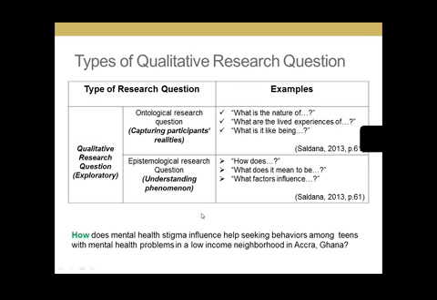So look at it this way. If you as a researcher want the participant to tell you what they have experienced and you communicate that experience to us, then it's more ontological, right? You are capturing something that they have experienced and presenting it to us. You are not doing anything to it. You are analyzing and presenting to us. But when you want to go beyond just presenting and understand maybe a causal relationship, or what is going on, maybe factors that influence their behavior, then it's more of an epistemological research question. And it can be both too.